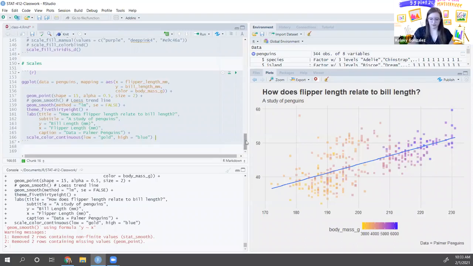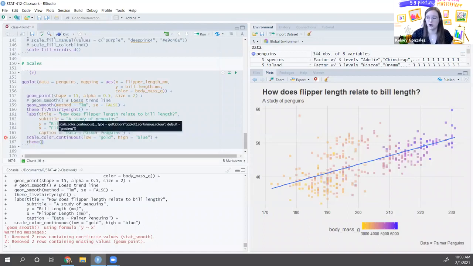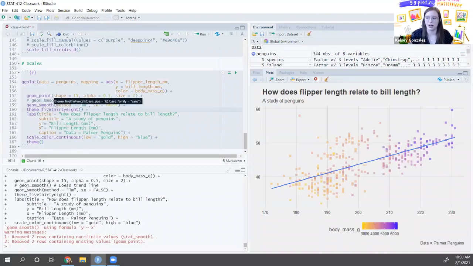If I wanted to do something like remove the legend, let's say I just hate this legend and I want it gone, there's a lot of things you can do within theme. I mentioned earlier, this whole theme 538, all of these you could do manually, but they're kind of saved in a title like this. I could also manually edit it. So if I do anything theme,